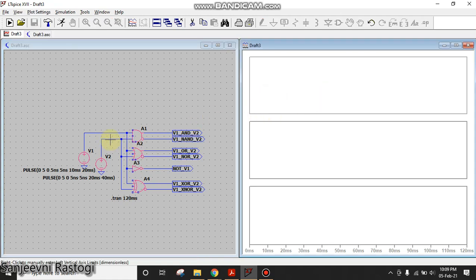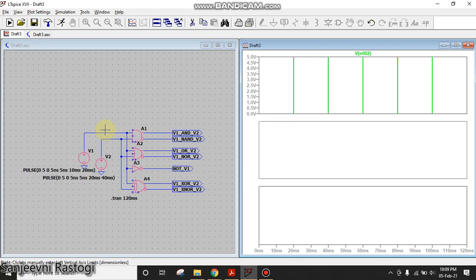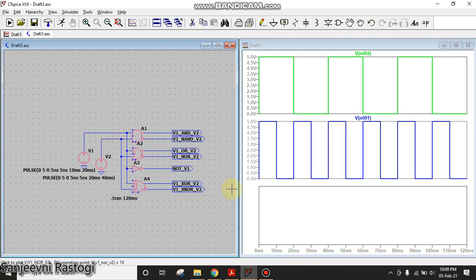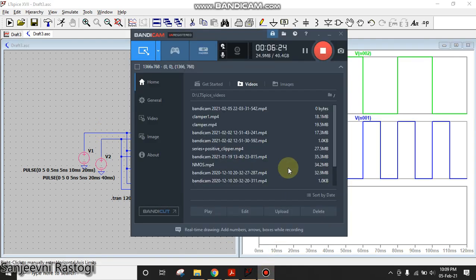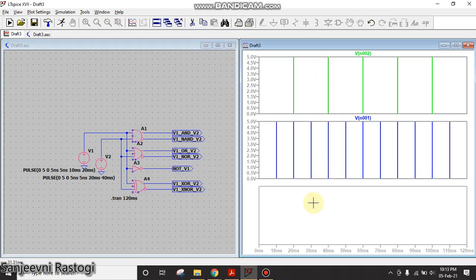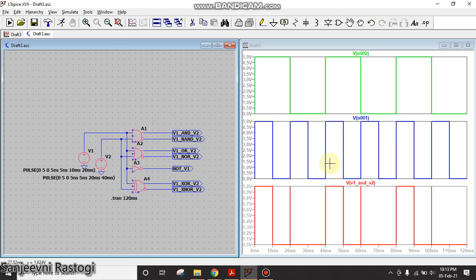So here take V2 and take V1 here. Then I am going to perform the AND operation between them. So I'll click the red pen here and I'll get the output waveform as the AND operation.